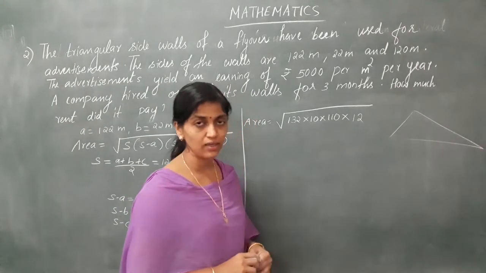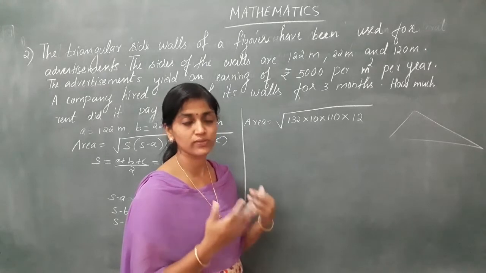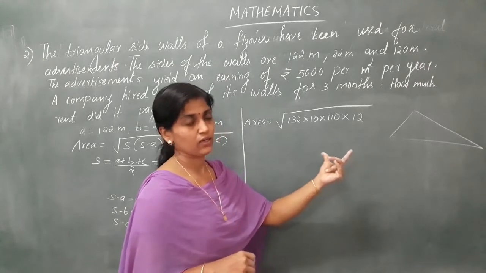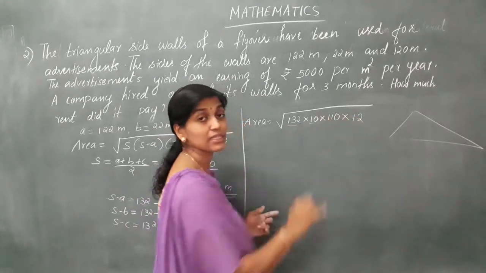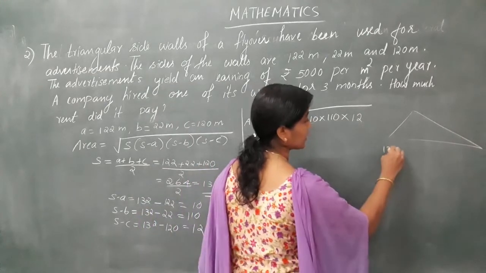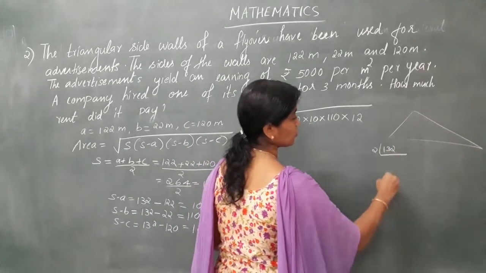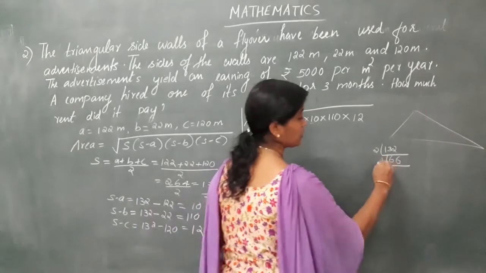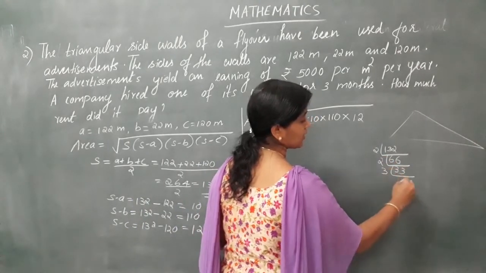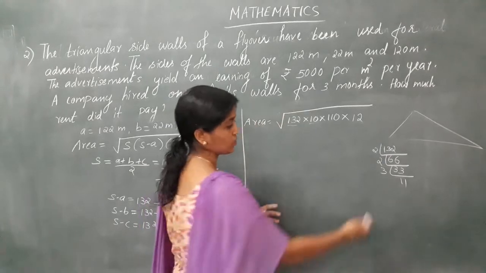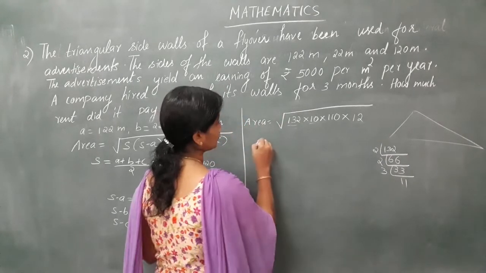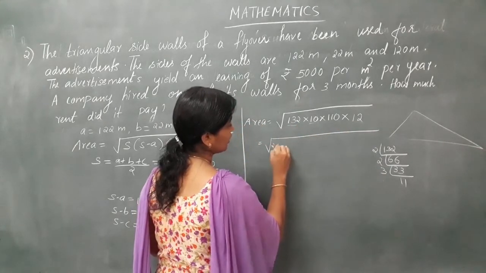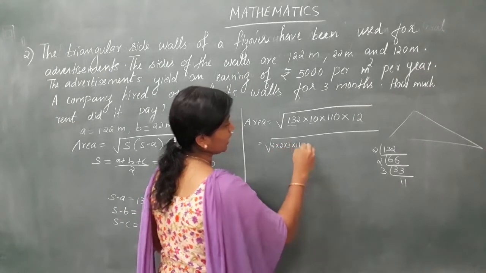We have studied last year, using prime factorization we have studied, and also the division method we have studied. Here I am going to find the root using prime factorization. Clear? Which means I am going to prime factorize each number here. So first 132. It's divisible by 2. So I'll get 6 2s are 12, 66, again divisible by 2, 33. Now divisible by 3, so 3 into 11 is 33. So we stop there since 11 is a prime number. So I'll get here the prime factors of 132. It is 2 into 2 into 3 into 11.